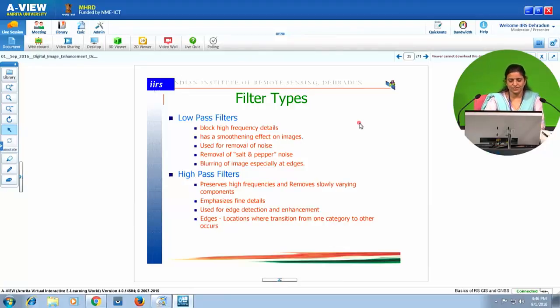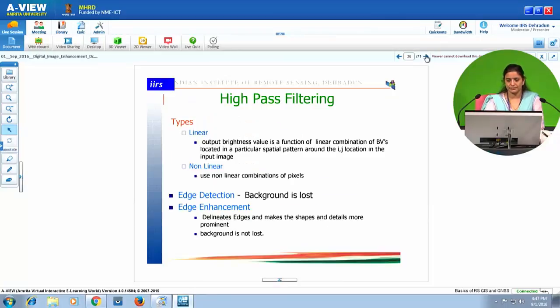The high pass filters preserve high frequencies and remove slowly varying components. They emphasize finer details and are used for edge detection and enhancement. Edges are the locations where transition from one category to another occurs.